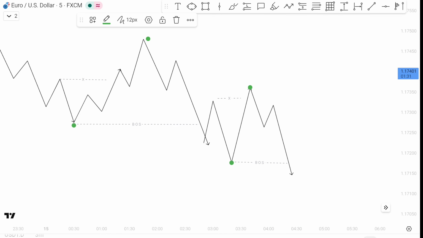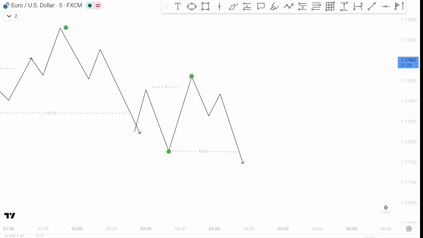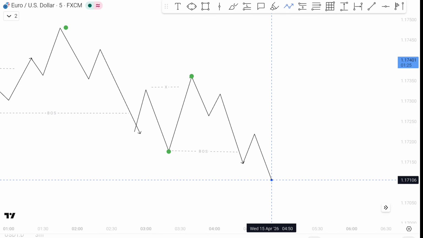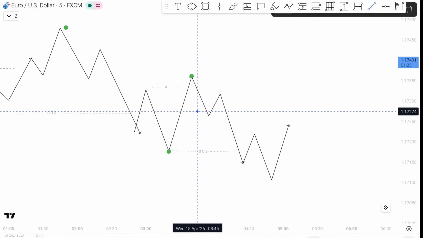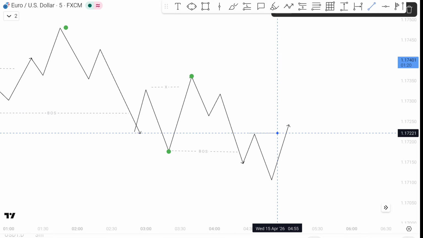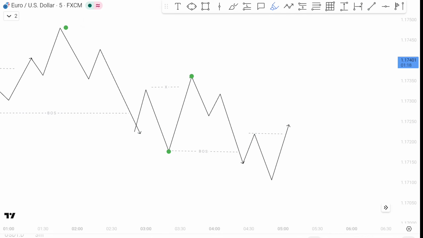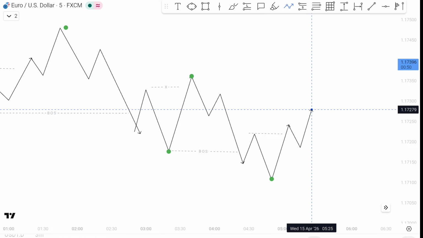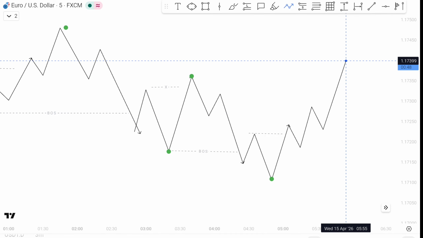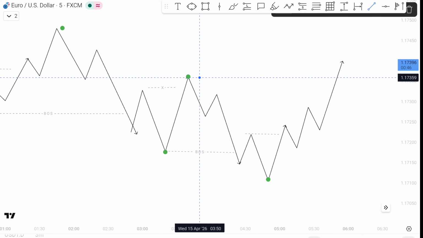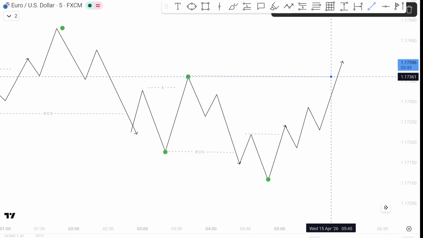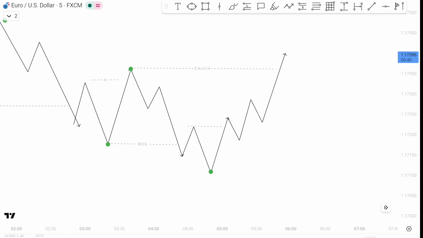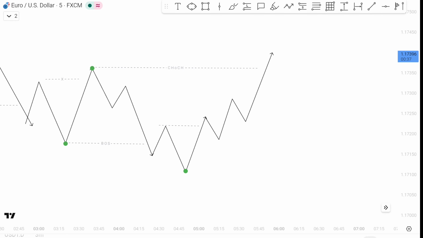But now how can a change of character happen? The market may have created a new low at this point and again take out the same low, and according to our rules this point becomes our new lower low. The market may not create a new low but move to the upside and break the previous major lower high, which is at this point, and this point becomes our change of character. After the change of character we repeat the same process that we used for the bearish market.